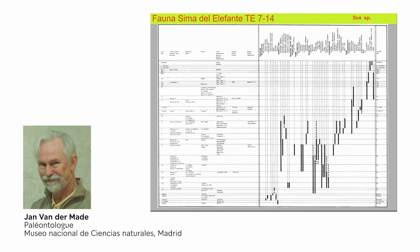I published more extensive graphs. This one was in Paleontologia i Evolució, published in Sabadell. There's another one. This is on the European pigs, another one on the Spanish pigs. And it all appears this period here when there is no pigs. And that is